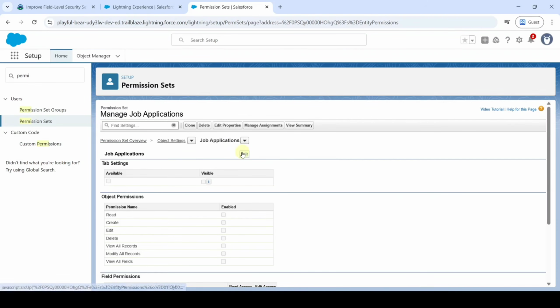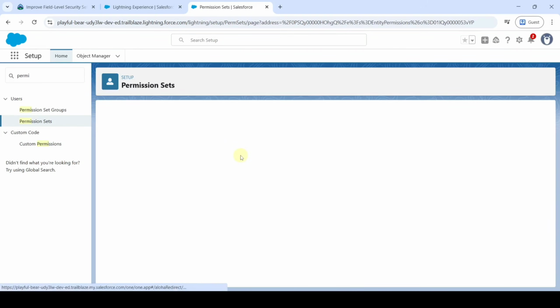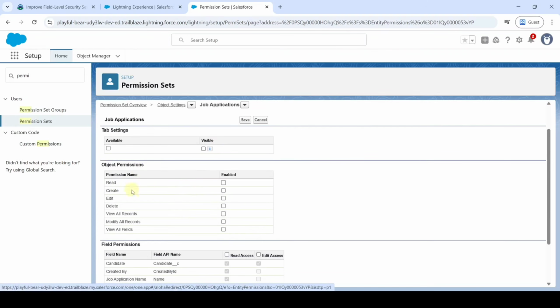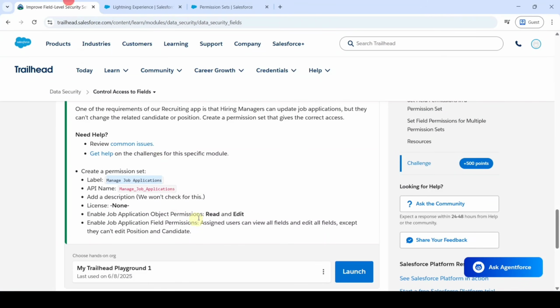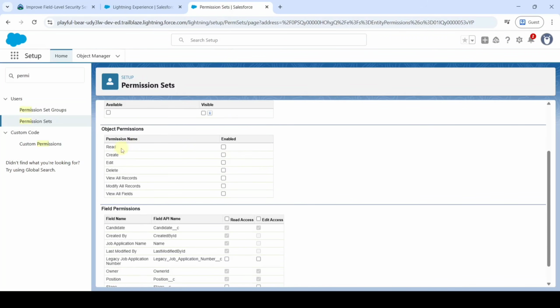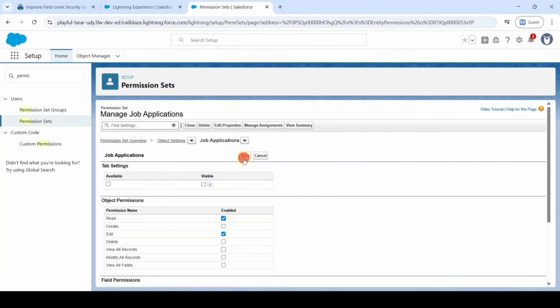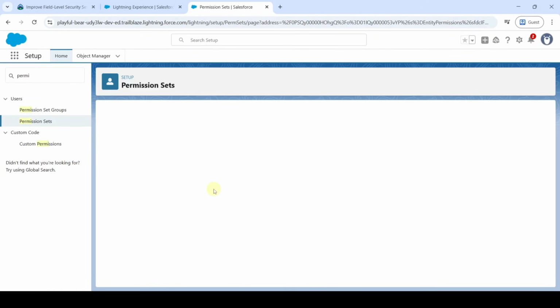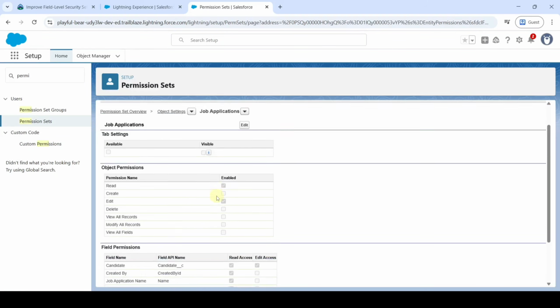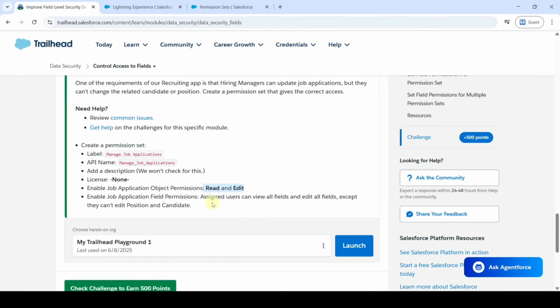And then click on this edit button. Now we need to add the object permissions for read and edit only. So select the checkboxes near read and edit. And after that click on this save button. Now we need to enable the field permissions also, and for that